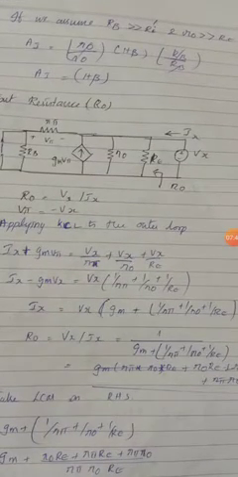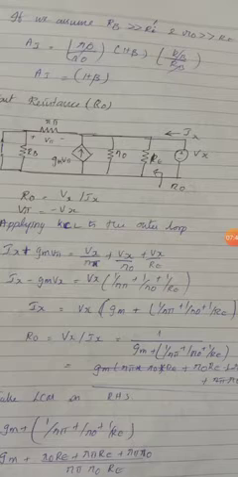Next we are simplifying that. This can be approximately equal to 1 plus beta. When you are taking RB greater than Ri dash, it will be almost equal to RB divided by RB, so RB gets cancelled. Similarly, R naught is greater than RE, so it will be R naught divided by R naught. So this can be given as AI equal to 1 plus beta.